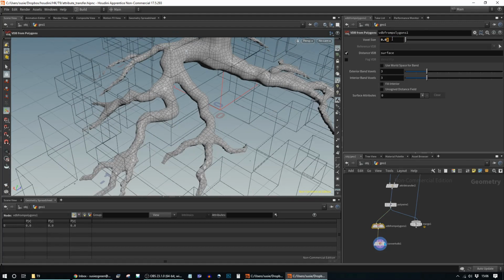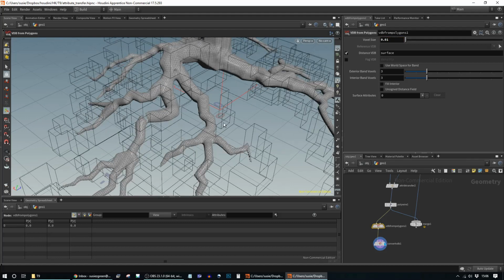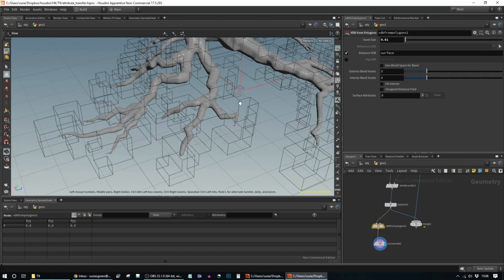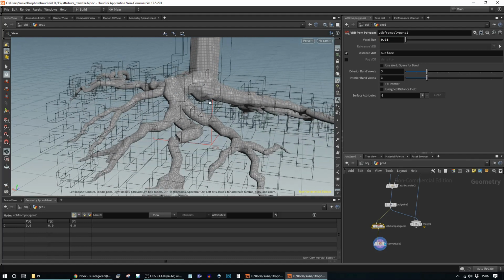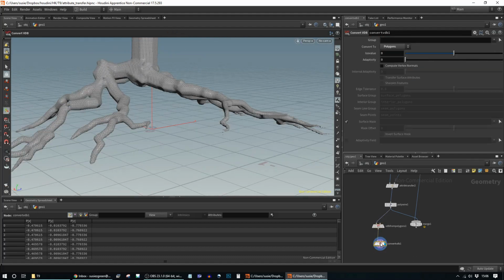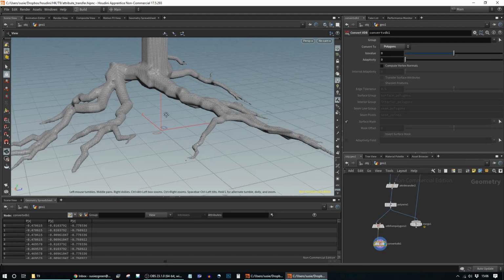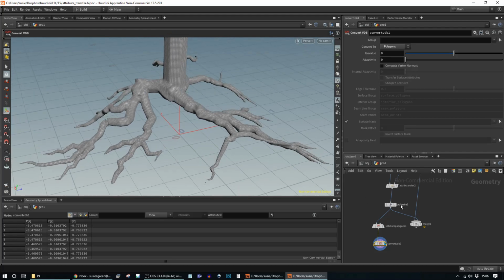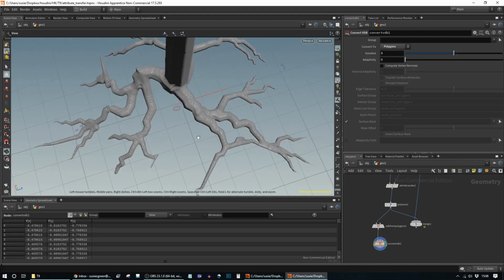Well, let's leave it for now because it's fairly dependent on the position of the tree anyway, and we're going to be moving it around. So here we have a tree. Only trouble is the voxels don't hold all the attribute information because we don't actually have any points anymore to attach them to. So we've lost all our attribute information,